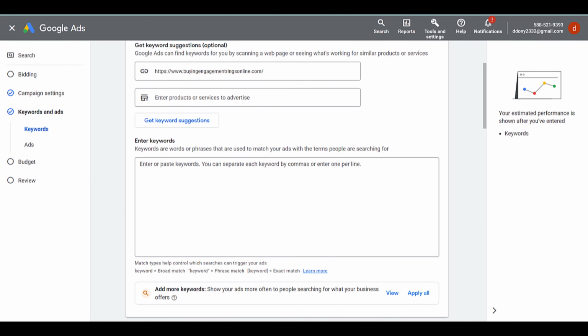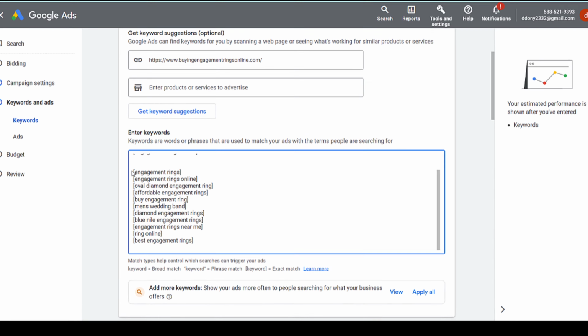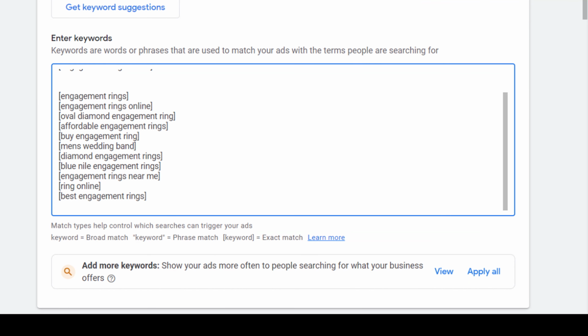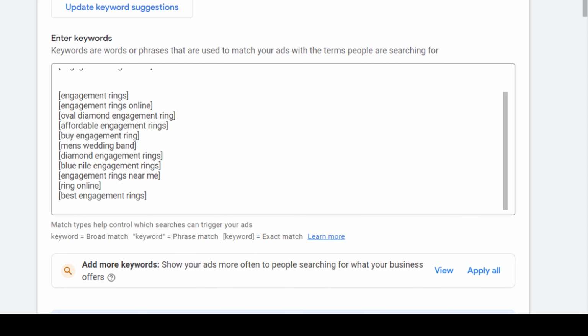For those who are new to Google Ads, it's recommended to start with exact match. This involves enclosing your keyword in brackets, making it more specific.